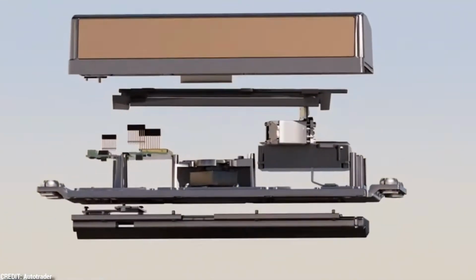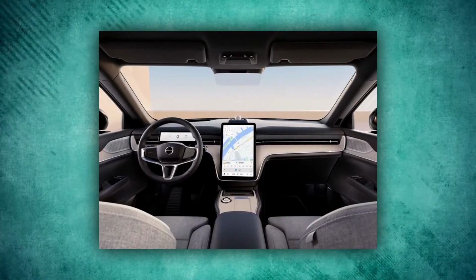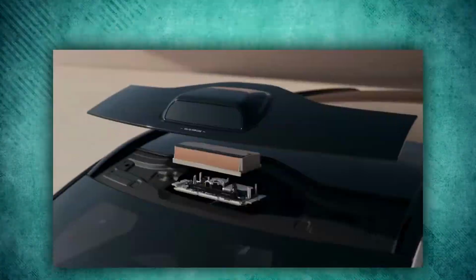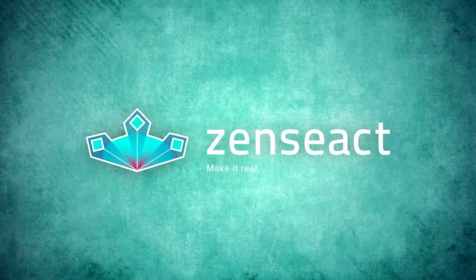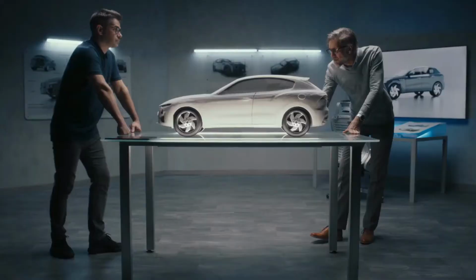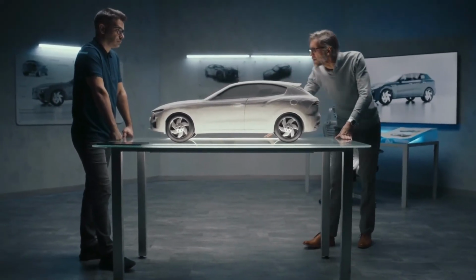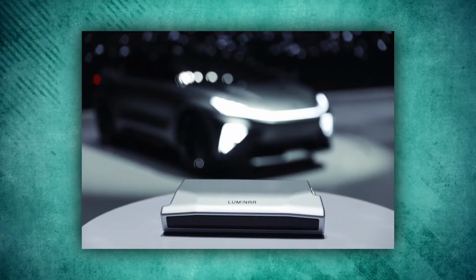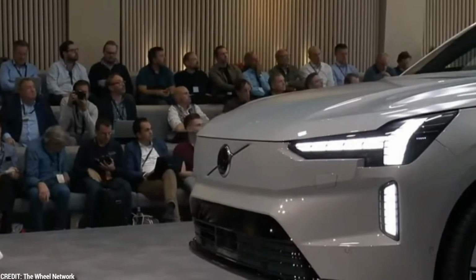The SUV will run on NVIDIA's Drive computing platform, processing sensor data to power the vehicle's ADAS. In addition to Luminar's lidar, Volvo's Ride Pilot system will be powered by software developed by Zenseact, a subsidiary of Volvo that worked alongside the automaker's own team of engineers. Luminar, which is based in Florida, has worked closely with Zenseact's team in Sweden on a full-stack autonomous driving software